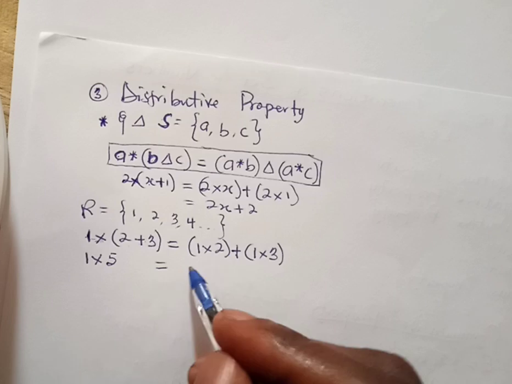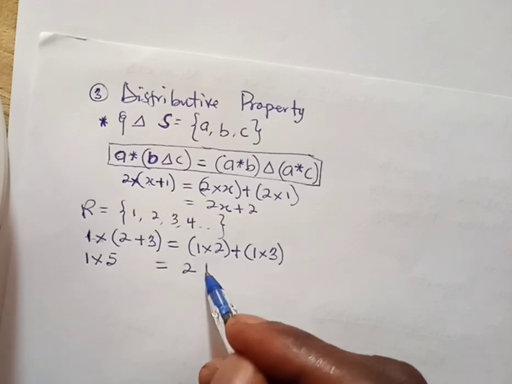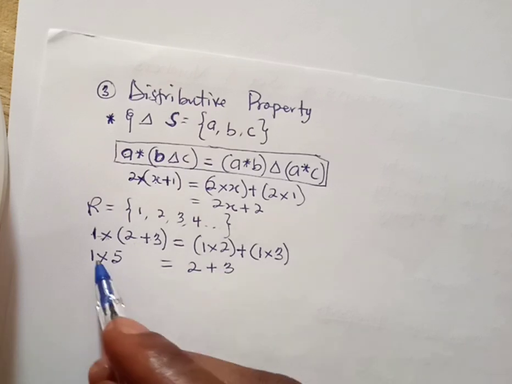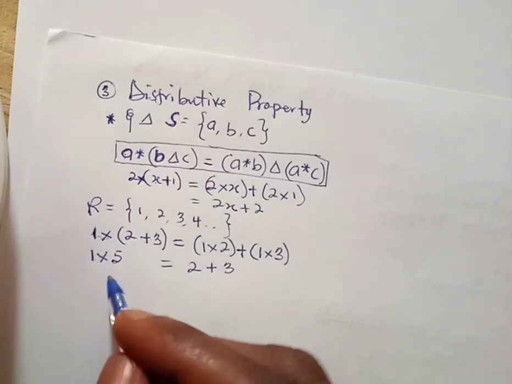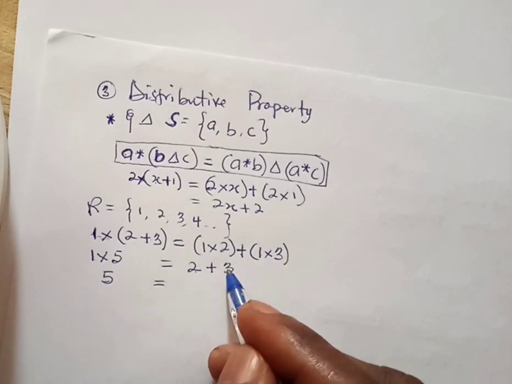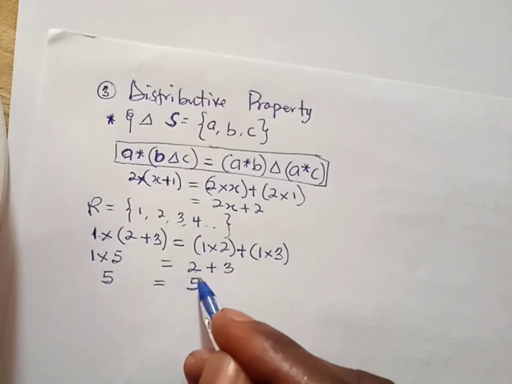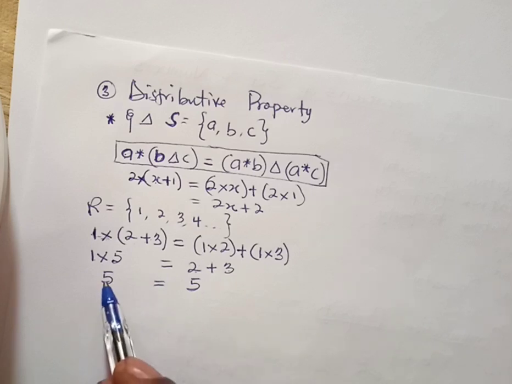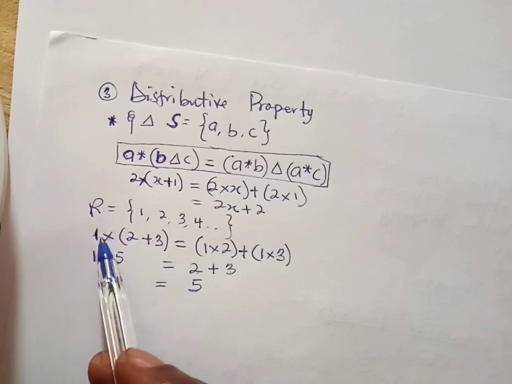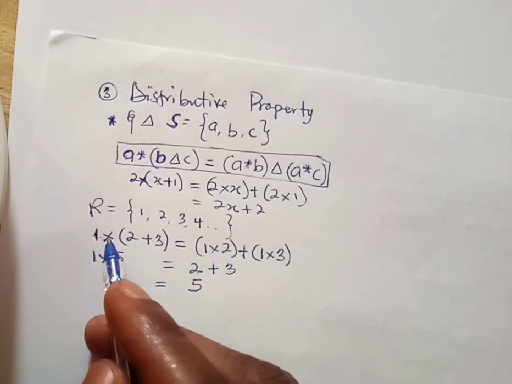So 1 times 2 gives me 2 plus 1 times 3 gives me 3. Now let's see. So 1 times 5 gives me 5. And then 2 plus 3 gives me 5. So are they the same? You see that the left hand side is the same as the right hand side. Since they are the same, then we can conclude that this multiplication sign